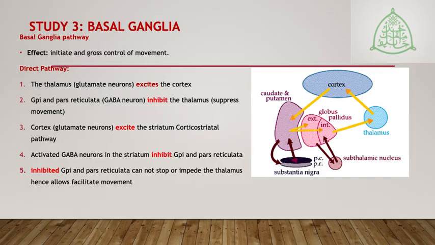So when the caudate nucleus and putamen inhibit the globus pallidus interna, it means that the globus pallidus interna cannot prevent the thalamus from exciting the cortex. So gradually it releases or loosens the hold of the globus pallidus interna on top of the thalamus, and thereby the thalamus can actually be activated and then goes to excite the cortex so that emotion could be